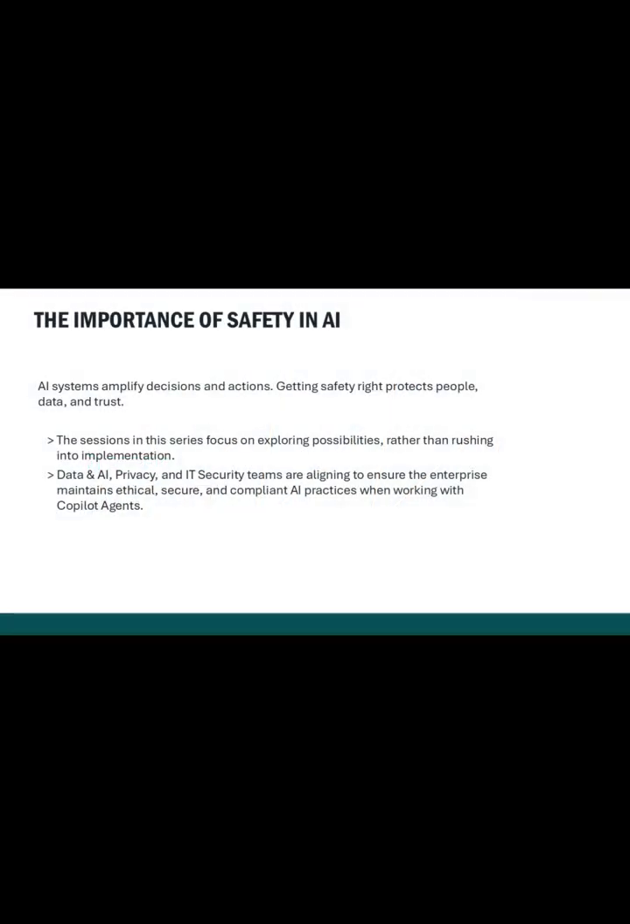As AI systems scale, they don't just automate tasks, they amplify decisions. That amplification increases both value and risk. Getting safety right protects people, enterprise data, and organizational trust. These sessions are intentionally focused on exploration and understanding, not rapid deployment. Data and AI, privacy, and IT security teams are aligned to ensure Copilot agents are ethical, compliant, and secure before